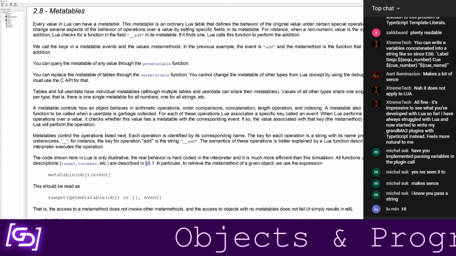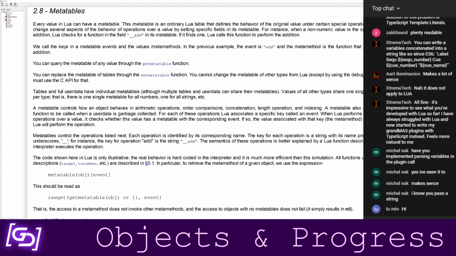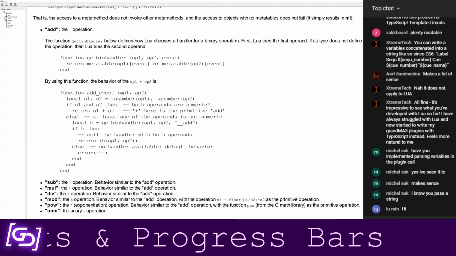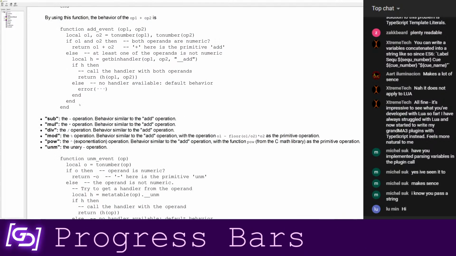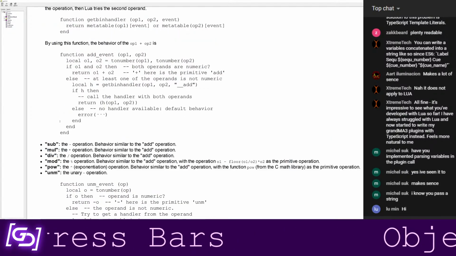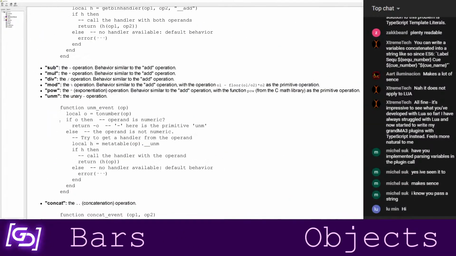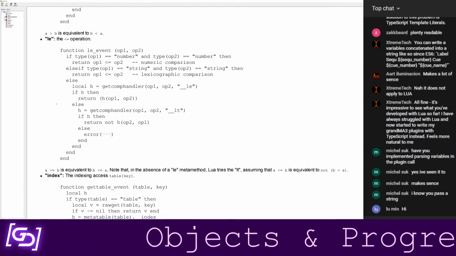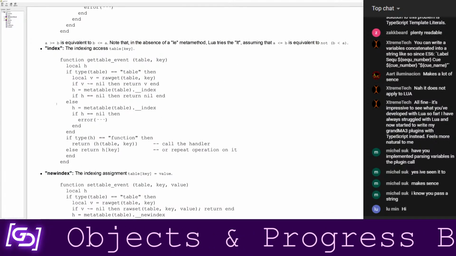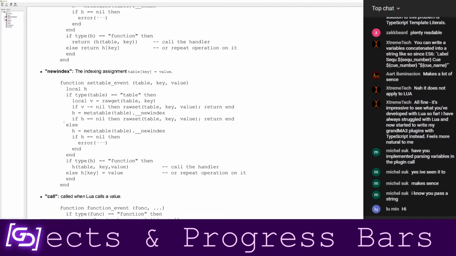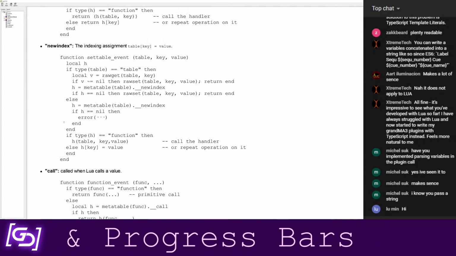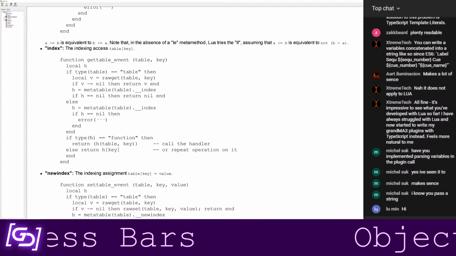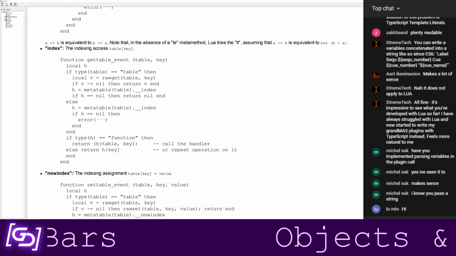You can find this online. I don't want to get too in depth as to what all this does. I just was hoping it will show some of the options that the metatable has. And it does. It shows you math operations that you can define using the metatable, the concatenation operator, basically what a lot of operators do when you're trying to work on the table. If you try to call the table as a function, you can define that behavior. Index and newindex are the ones we're concerned with here.